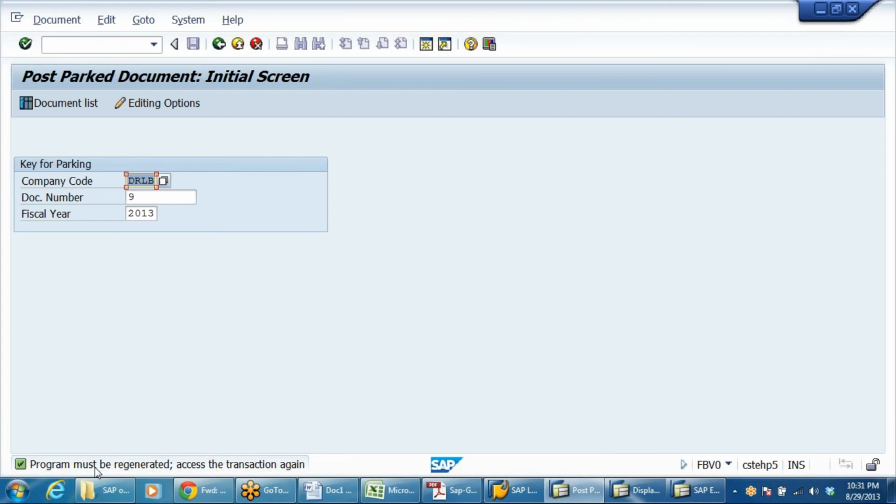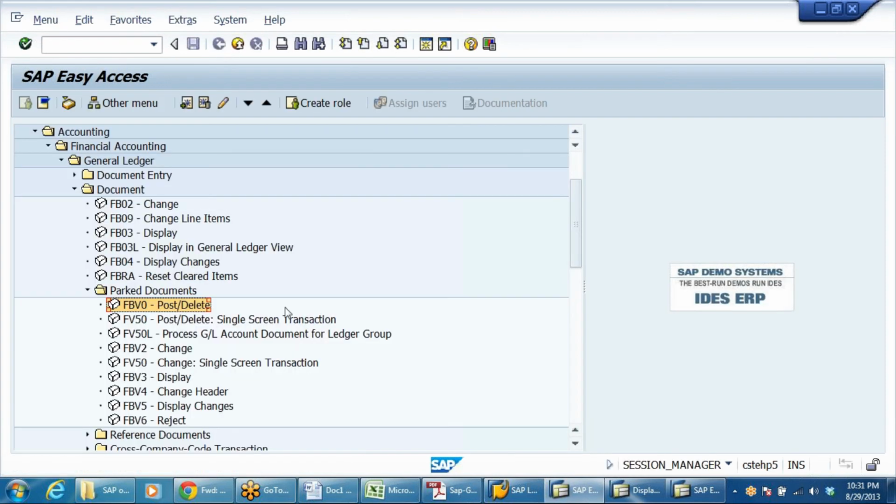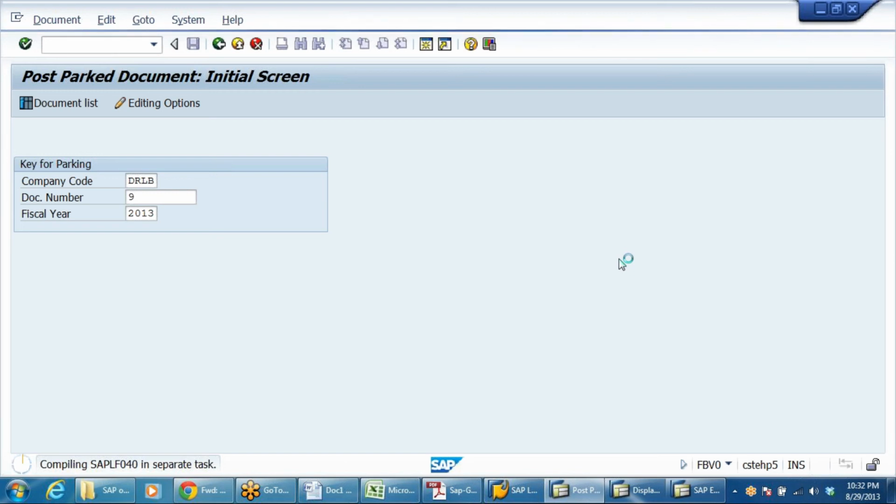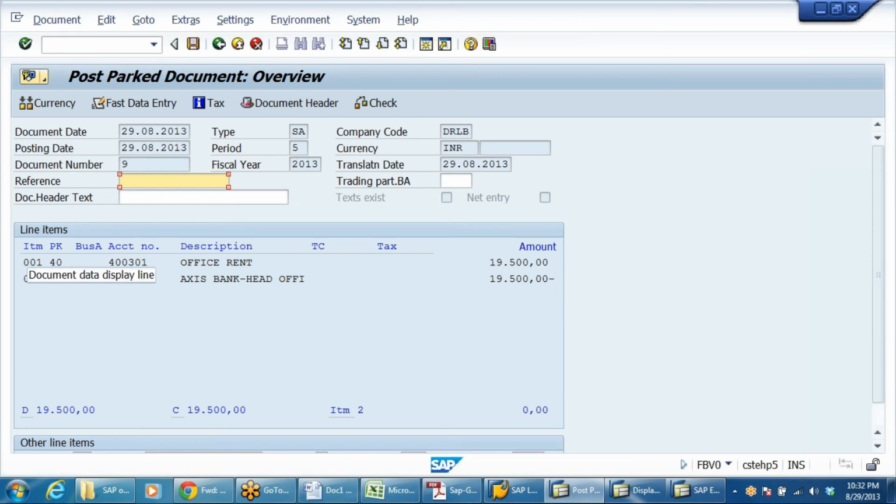Okay, I think there's a small issue. Because first time we are accessing, some error is being generated here.